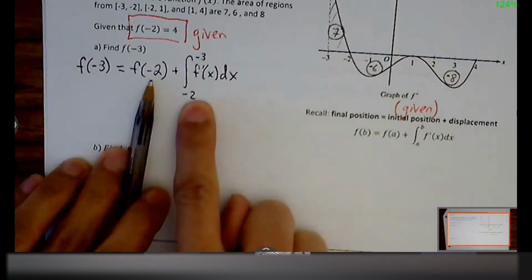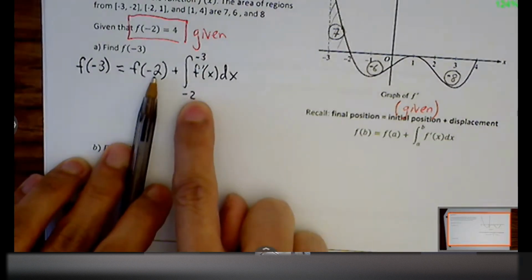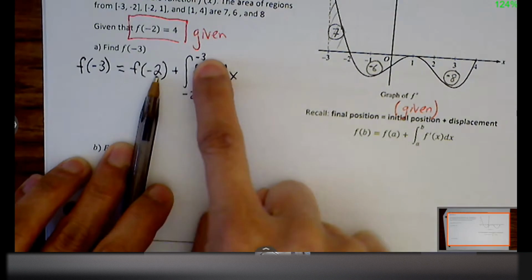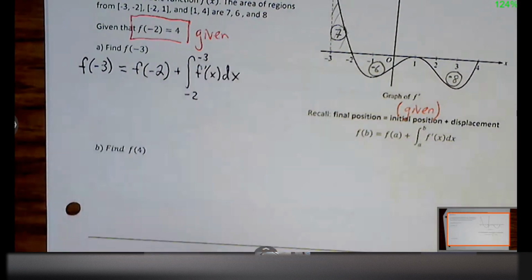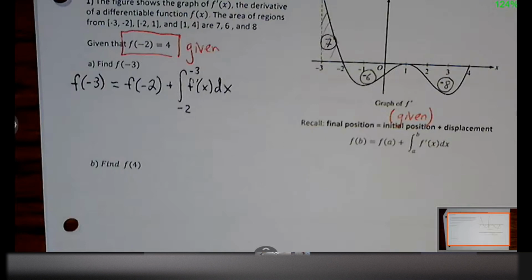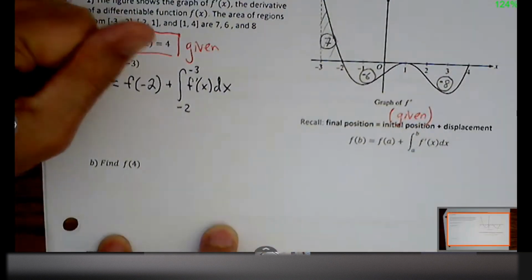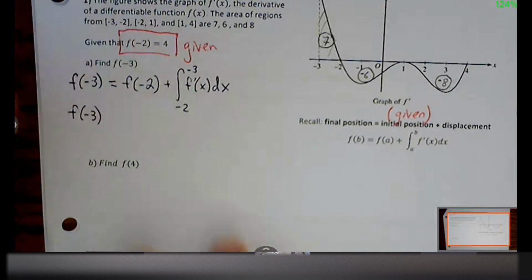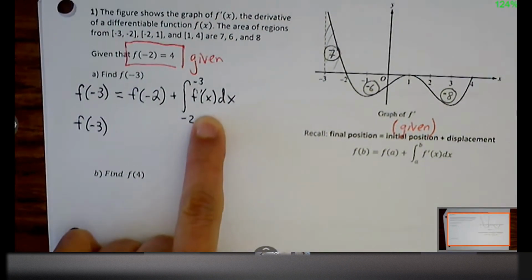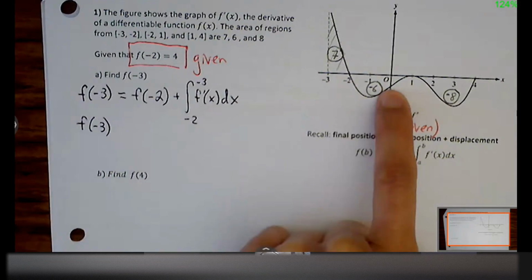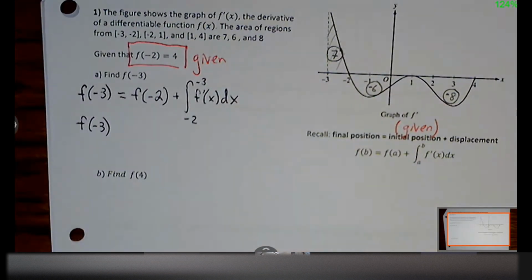Okay. So these numbers will always match. Your lower bound and your initial value will always match. Your upper bound and your final will always match. Okay. Any questions there? Now, we'll take a step back and see, is there any adjustment we need to make? Because we need to finalize what this value is going to be, right? We're trying to resolve this integral with this graph. So what do you notice about the integral that may be helpful for us to adjust?